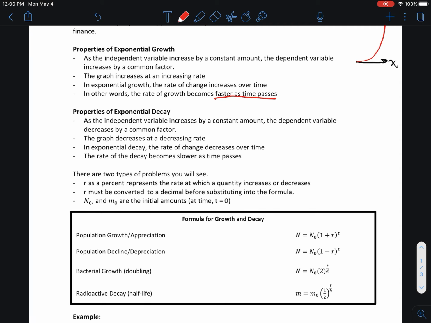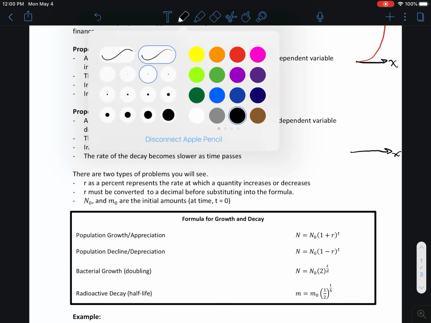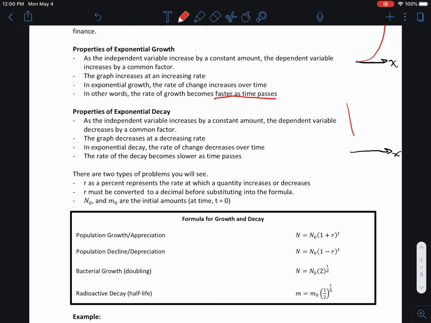In exponential decay, the rate of change decreases over time, okay? As the independent variable x increases, our graph is going to do something like this. It's going to approach the x-axis as time goes on. So that's exponential decay,